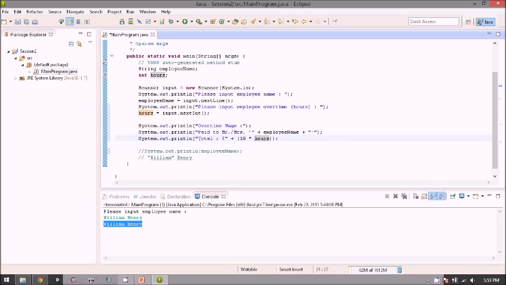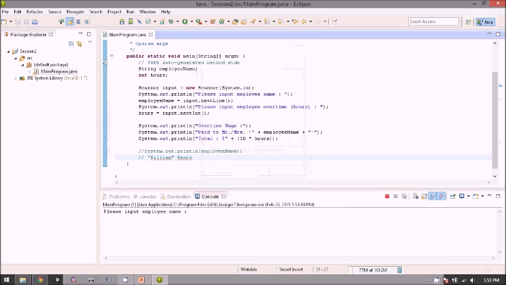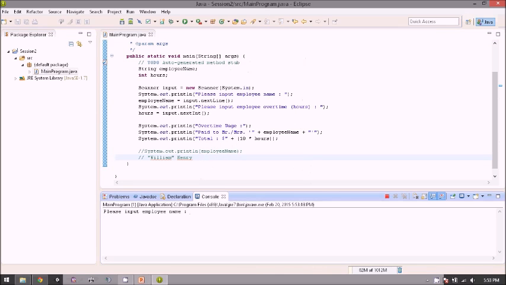Okay, so we just need to run the program. Use Ctrl F11 and OK. Let's input the employee name, William Henry, and the overtime.